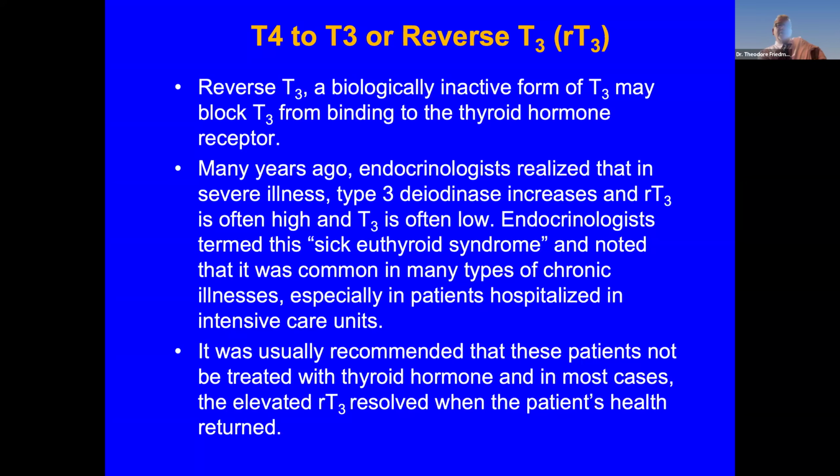Endocrinologists termed this sick thyroid syndrome and noted that it was common in many types of chronic illnesses, especially in patients hospitalized in intensive care units. It was usually recommended that these patients not be treated with thyroid hormone. In most cases, the elevated reverse T3 resolved when the patient's health returned. So again, this assay for reverse T3 was done widely many years ago, but mostly in sicker patients